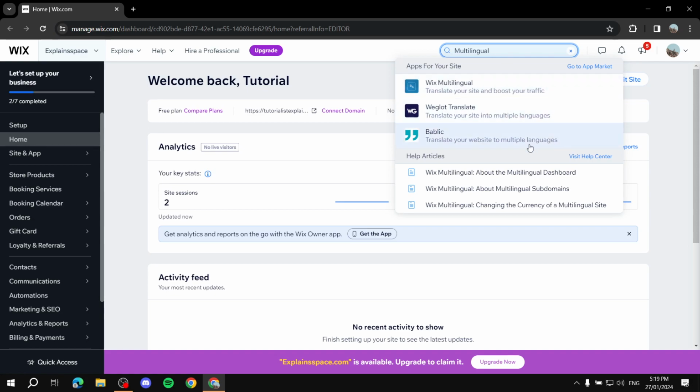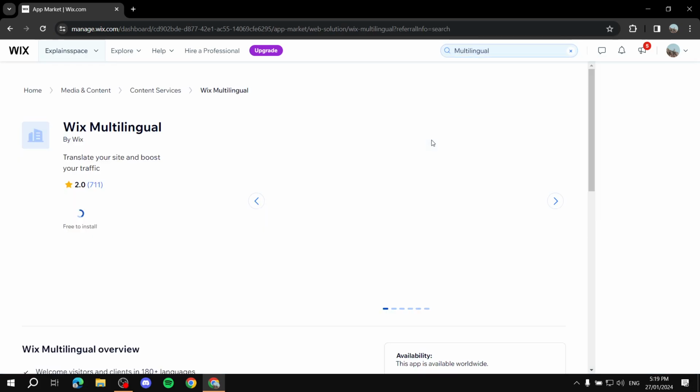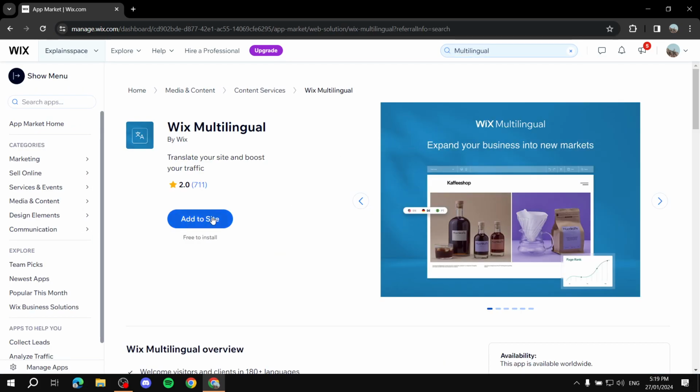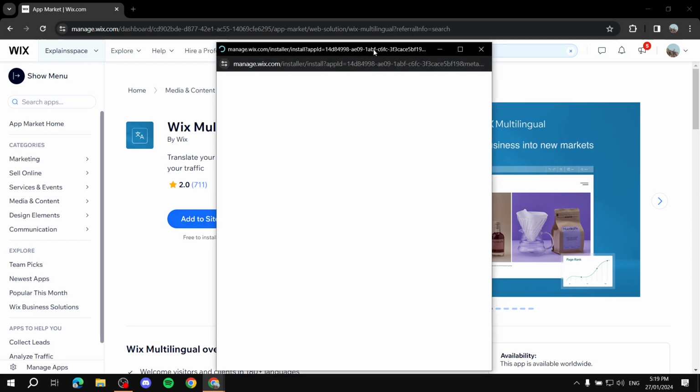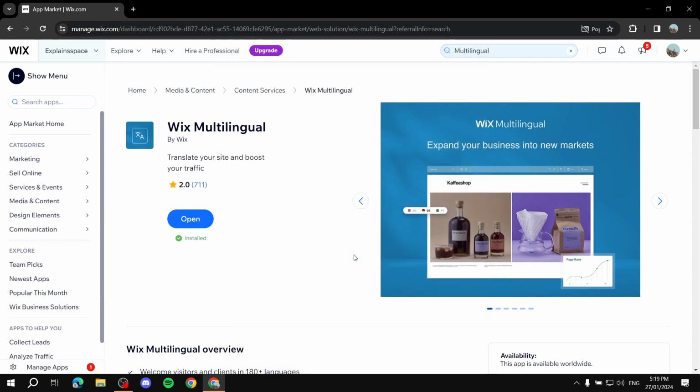Now, I believe there are other apps for this, but I will be using Wix Multilingual to show you exactly how to use it. And it does give you the button already, and you just need to set up the languages. So let's actually jump into it. So you just click on it and then you go ahead and install it. It's very simple. You just click on add to site and you just give it a little bit of time and just click on go to editor,